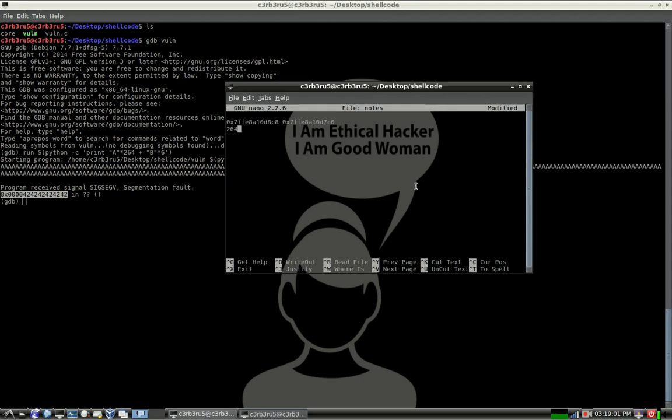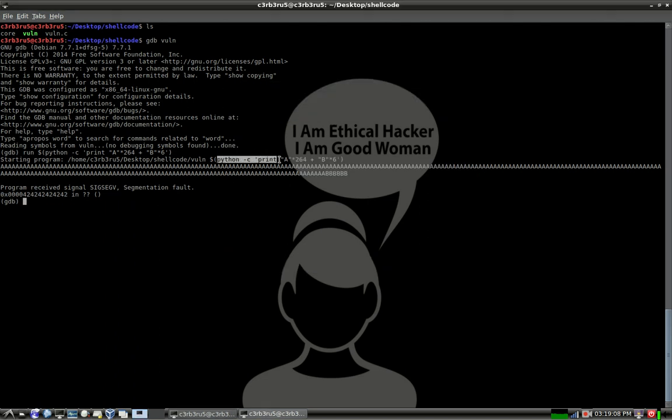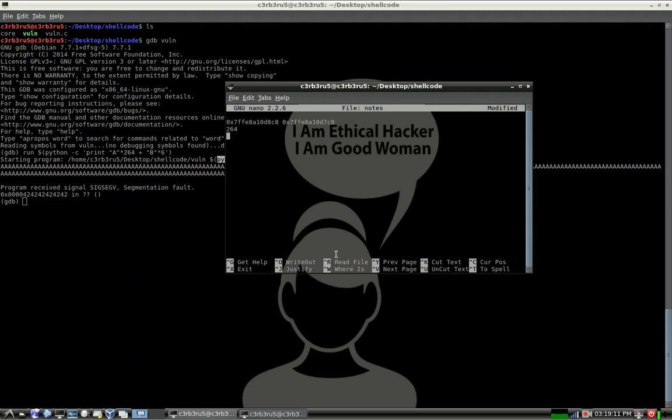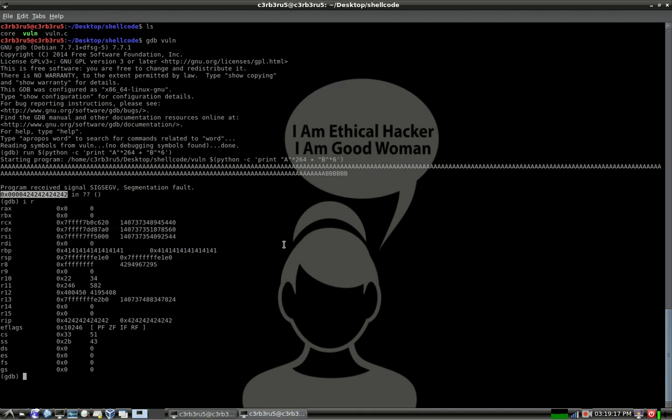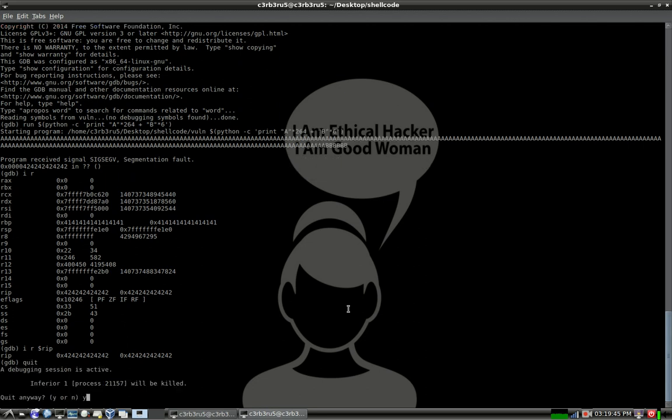So with just a little bit of math, it works out fine. I'm just going to copy down our Python command here. That gave us control over our IP. So if we examine our IP, you can see there's our B's, of course. We're going to quit this for a second,